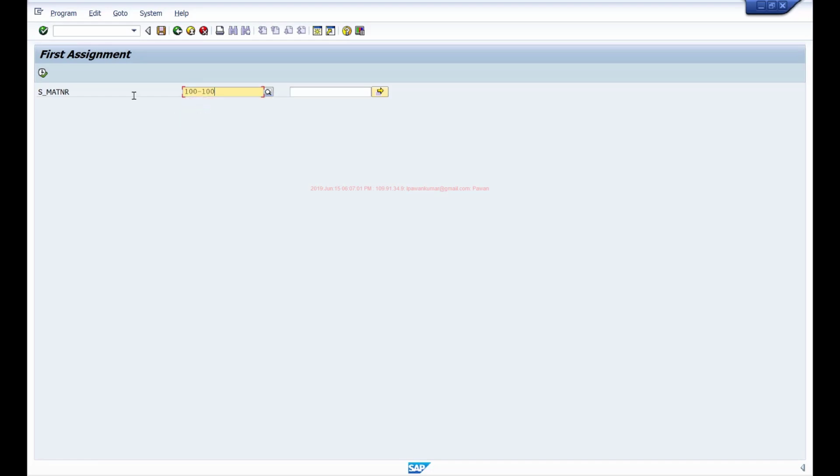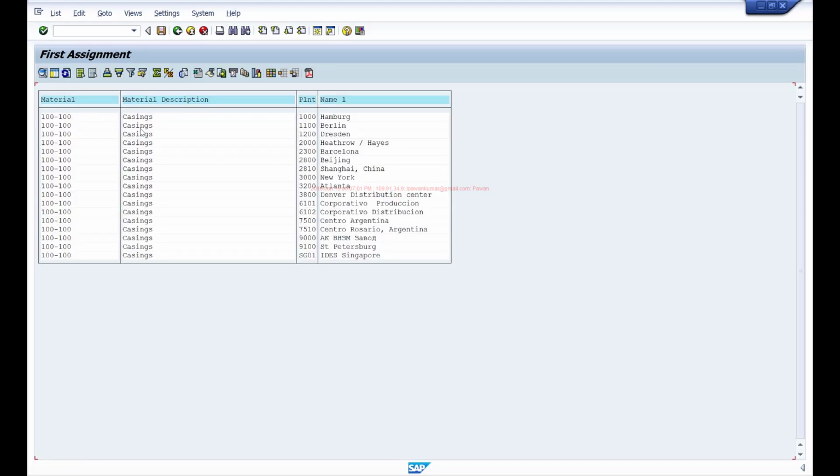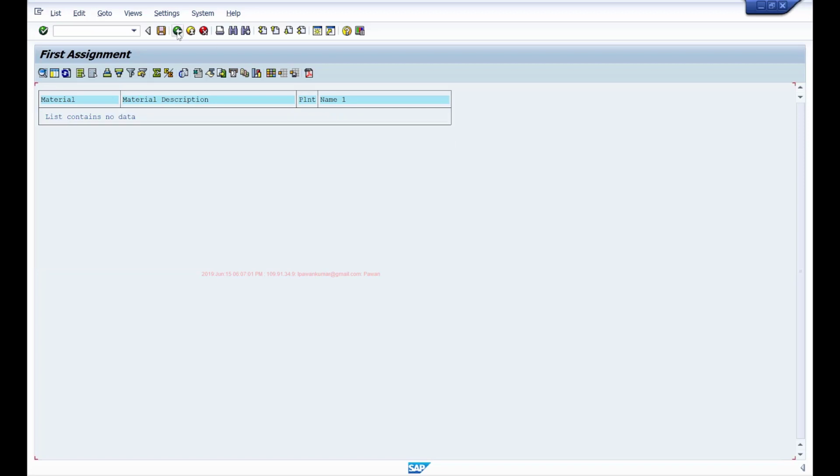So whenever you are working with field symbols, since you mostly use them in dynamic programming where you'll know the values in the runtime, then you cannot statically know whether the field symbol will be assigned always or not. So you should always use that if condition. So wherever you are accessing the field symbol, try to use that if that field symbol is assigned, then only access the field symbol in your program. Otherwise, don't do that. So never write a field symbol statement without checking if the field symbol is assigned or not. Okay. So now it's showing a blank screen instead of giving us the runtime error.